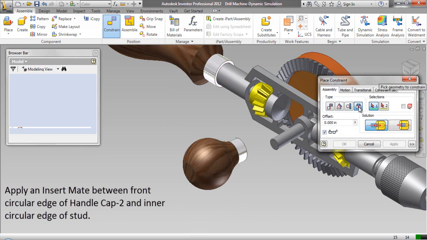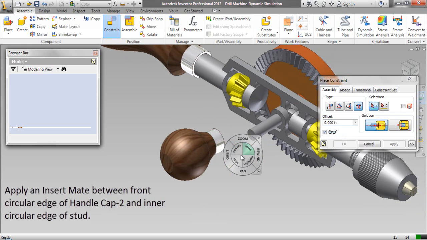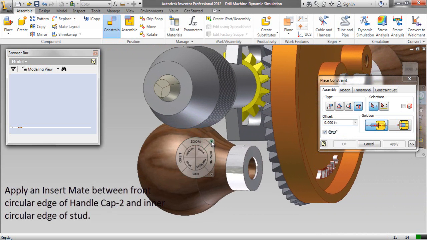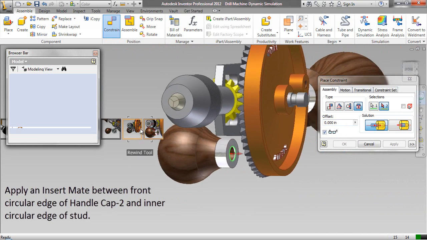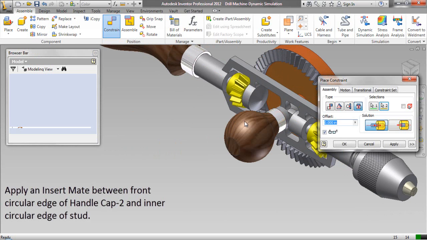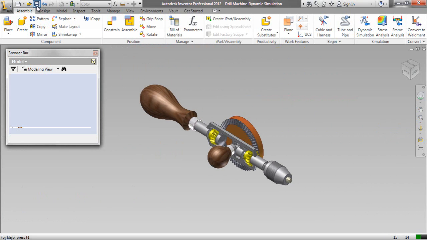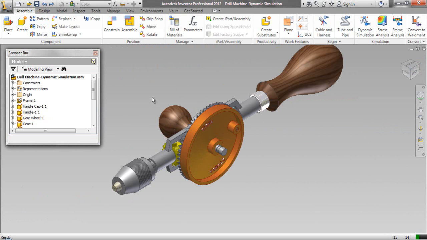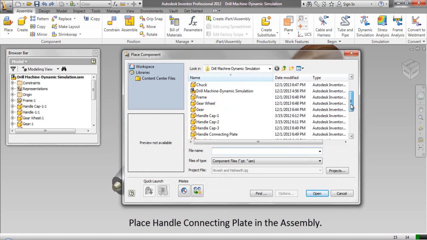Apply an insert mate between front circular edge of handle cap 2 and inner circular edge of stud. Place handle connecting plate in the assembly.